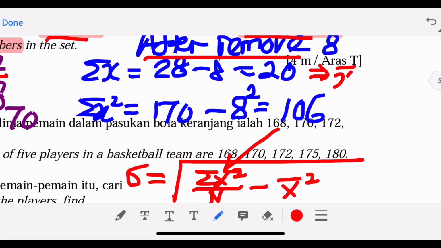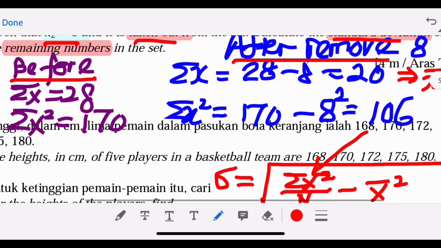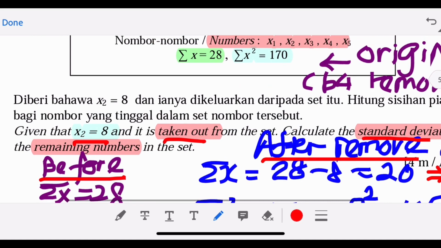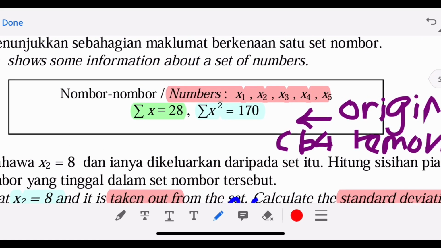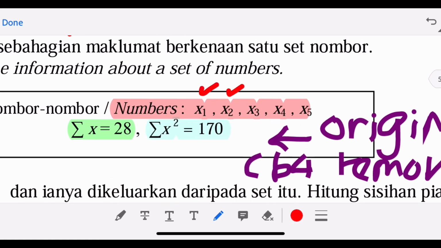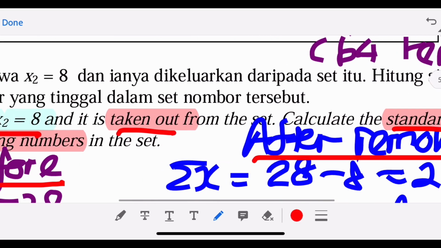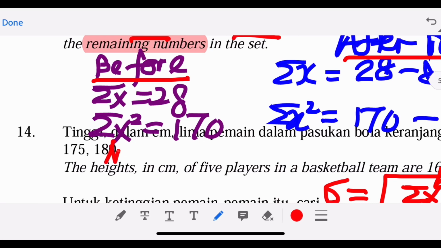Okay, 106, and then you have to divide by how many? The n now is no longer 5 because you remove one of the data. Just now you have 5 data, right? 1, 2, 3, 4, 5. Now you remove the 8, so the number of data become